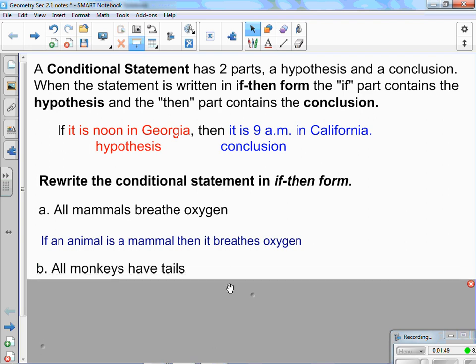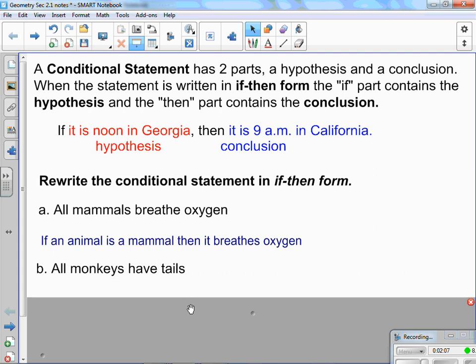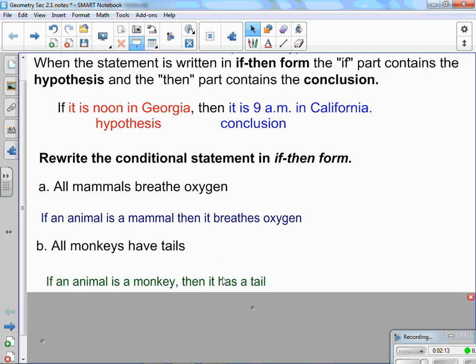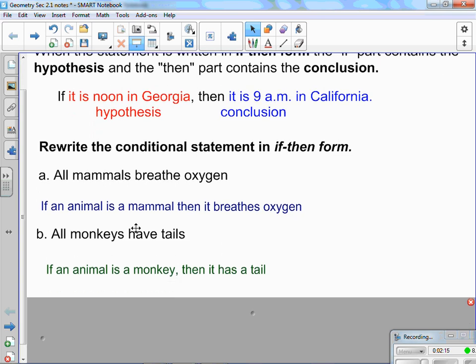So the next one, all monkeys have tails. So we're talking about monkeys, and I want to say if something about a monkey. So if it is a monkey, see, that's not quite descriptive enough. So I'm going to start off with if an animal is a monkey, then it has a tail. So moving on,